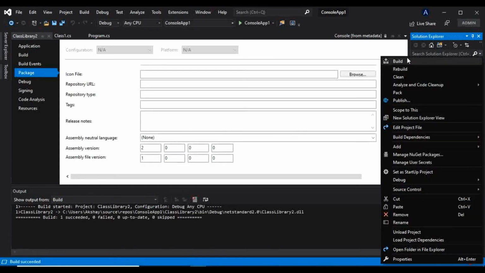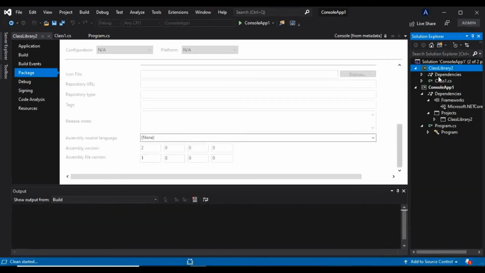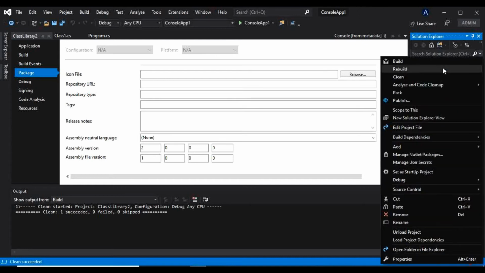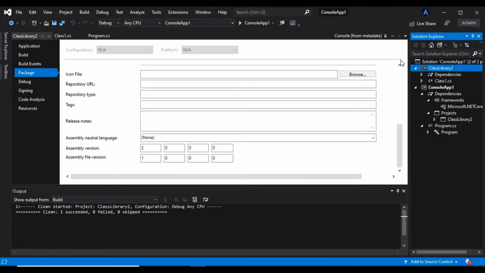Let me clean this first, so it will remove all the assemblies, and now I will build this. So it will generate a fresh assembly.